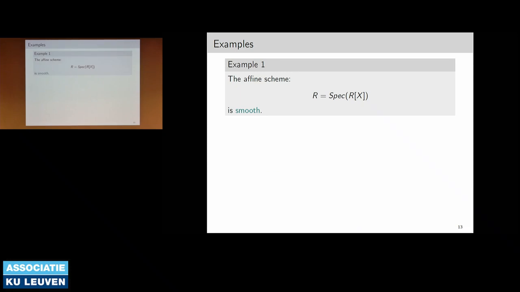So first, let's give a very simple example. You have an affine scheme which is called the line, which is simply the spectrum of R[x]. And it is smooth. This corresponds with the geometric image of a line. How to prove this? We assume a closed dense proposition P. It cancels finitely many nilpotent elements r1 to rn. We assume a map from here to R, and we try to merely find a lift here.